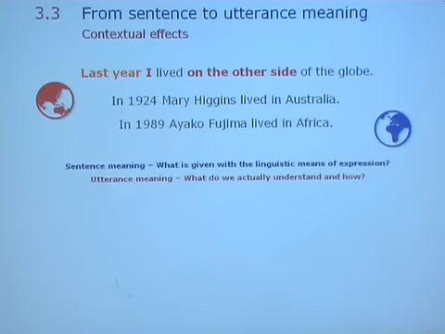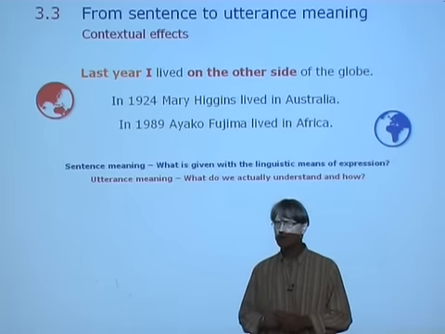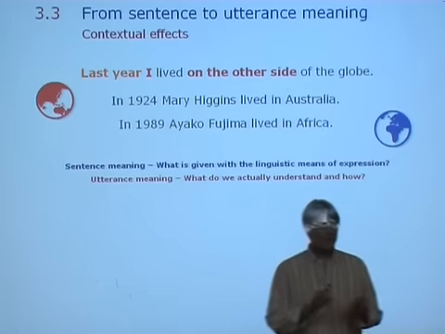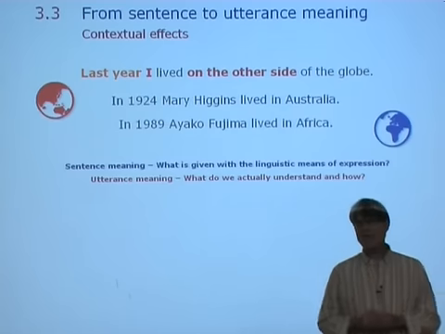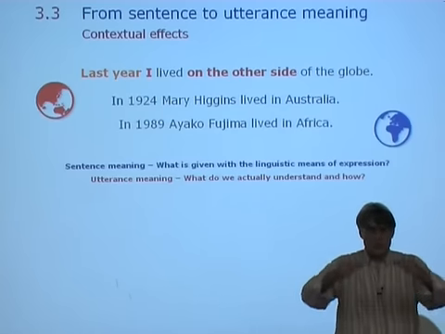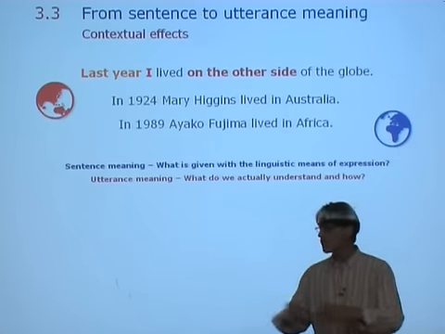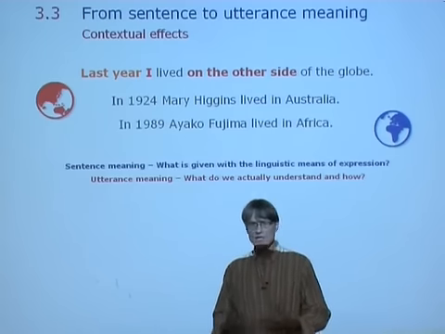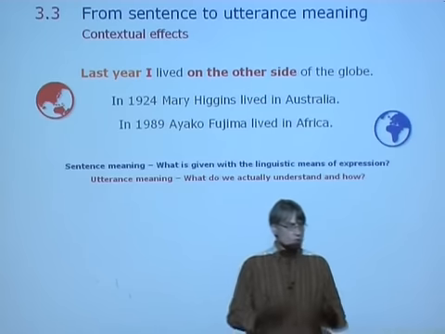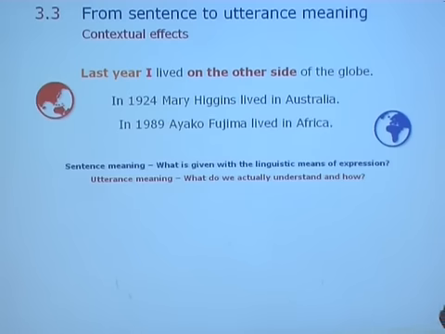And with this we move from sentence meaning to utterance meaning. Sentence meaning refers to meaning in relation to what is semantically specified by the words and phrases and linguistic means of expression used in this sentence. Utterance meaning is what you are able to understand,